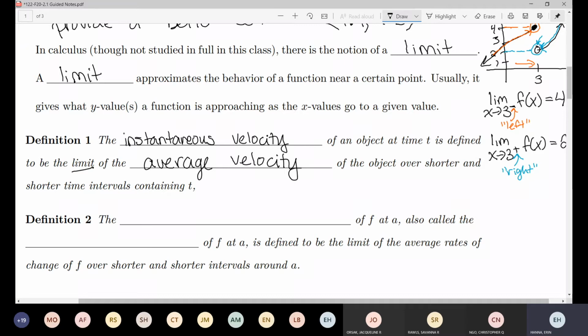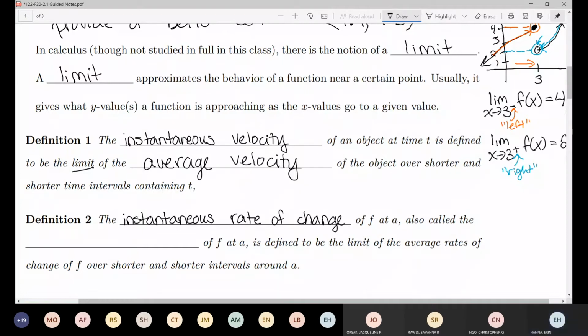Now, just like with average rate of change and average velocity, there's the velocity statement of this idea, and then there's the general statement of this idea. So we have instantaneous velocity, but in general, it's called the instantaneous rate of change. Just like average rate of change is essentially the same thing as average velocity just with context, same idea here. Instantaneous velocity is the same thing as instantaneous rate of change, just that velocity is in a